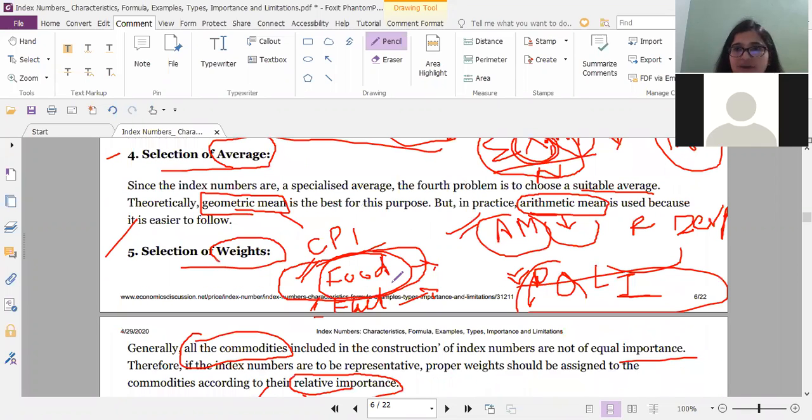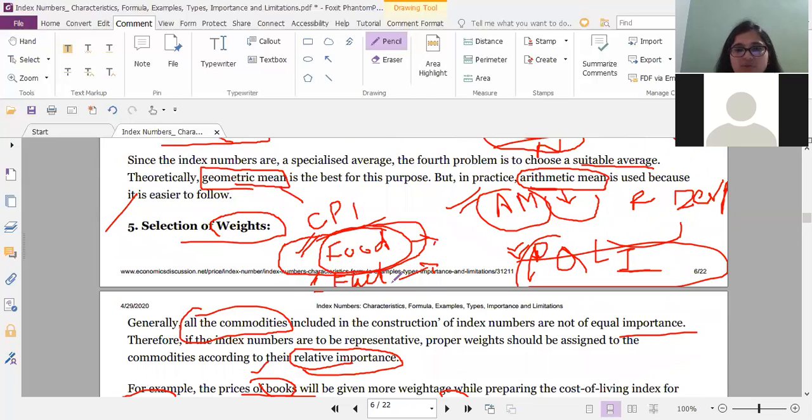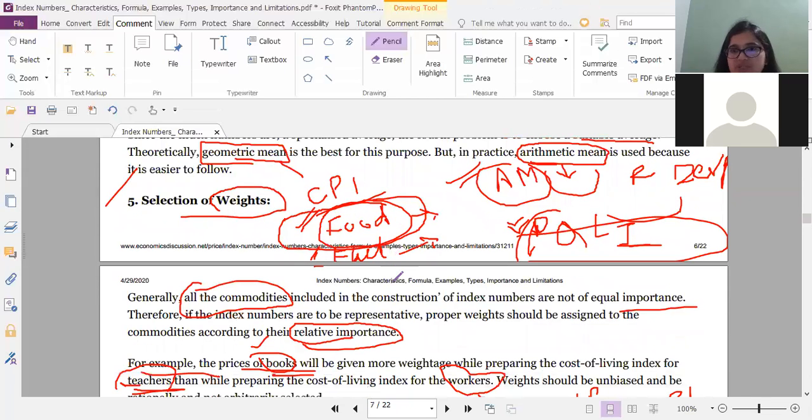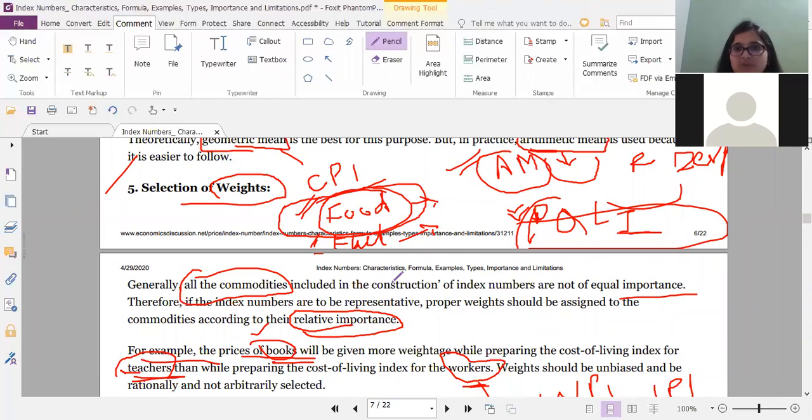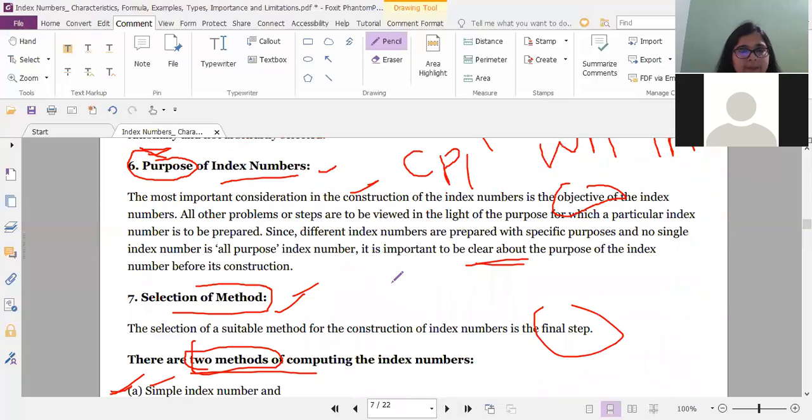Then the next step is selection of averages, whether it should be a simple average or a weighted average, right? Whether you should go for geometric mean or arithmetic mean. We usually go with arithmetic mean, right? Because it is a simple one. Then the next step is selection of weights. How do you assign weight to different commodities? It is according to their relative importance in an index number, right? The commodity which matters to us more will be assigned more weightage, right? And the lesser one, a lesser weightage. Then we also